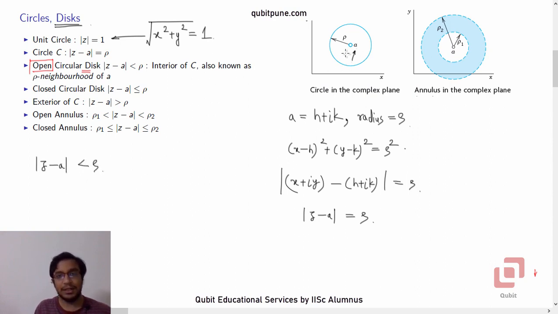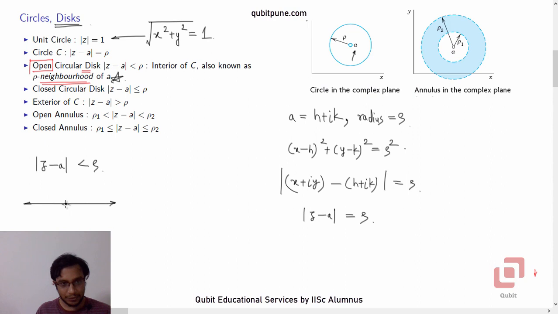Okay, which is also the interior of our circle C, and this is what we call the rho neighborhood of A. Okay, now at this stage you have a new definition of neighborhood, in the sense that when we defined limits of a single variable function, even there we talked about delta neighborhood of real number a, but there we were interested only in the